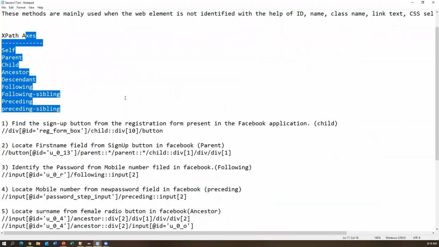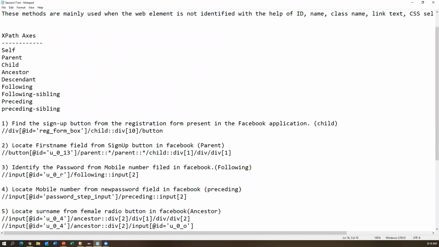Okay, so here we are indirectly locating the element, guys. So here we are not straightforward. Suppose I have some element here and there are two elements, and I want to locate this element, for example. For this element, I don't find any ID or name. I don't have anything for this element, but still I want to find this element. Then what I can do, I can find some nearby element, which has some attribute or XPath. And from this element, I can locate this element. So indirectly we are identifying this element, not straightforward.